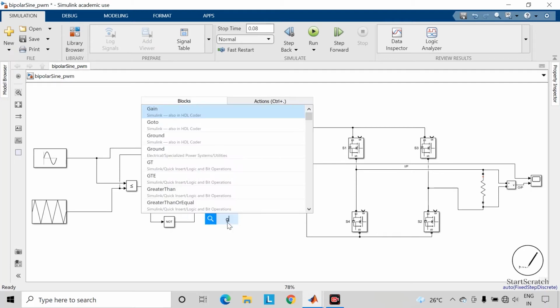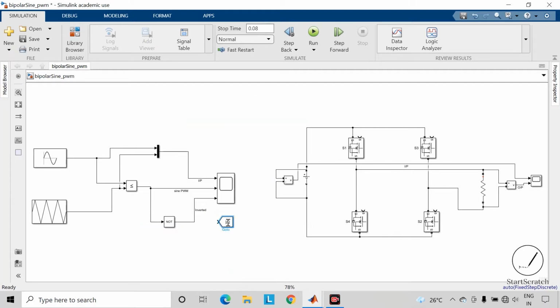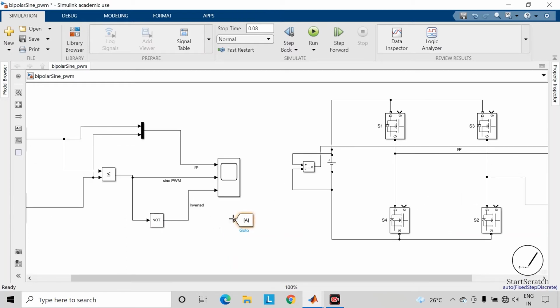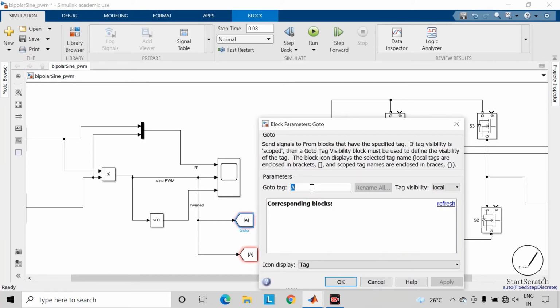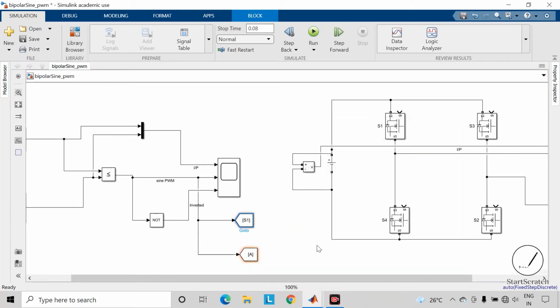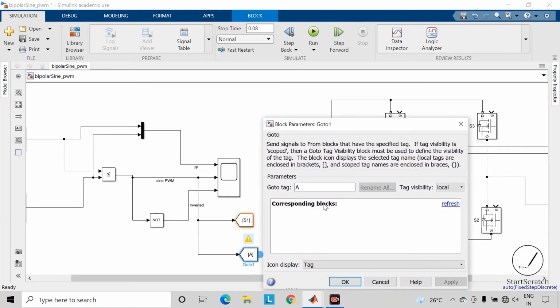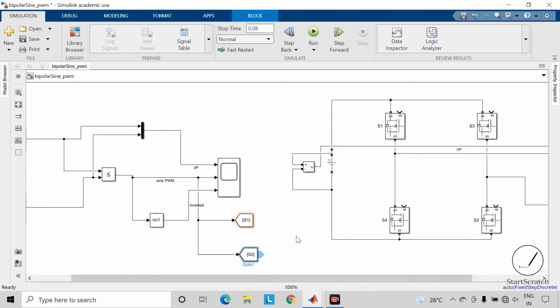So take the go to block, connect this to the sine PWM, copy this block. We will rename this go to tag as S1 for this switch, and this go to tag as S2.